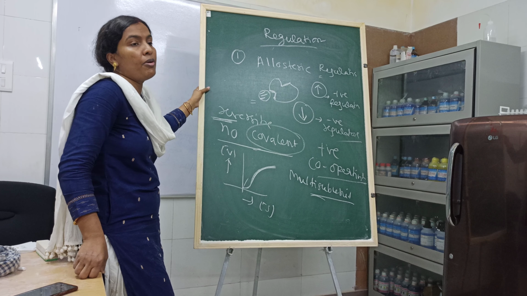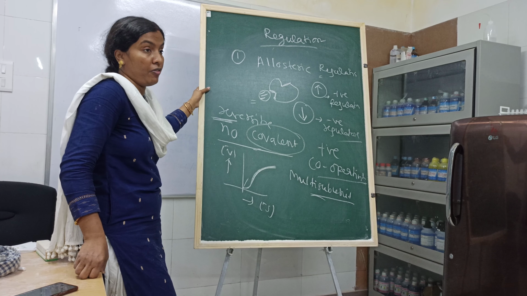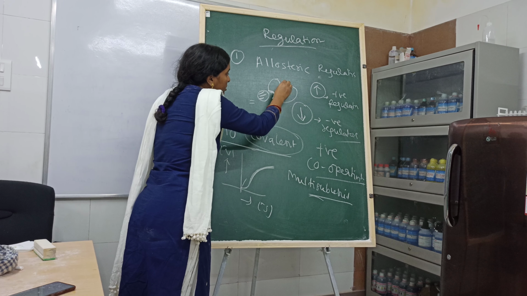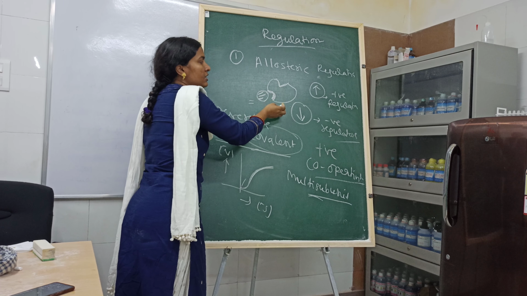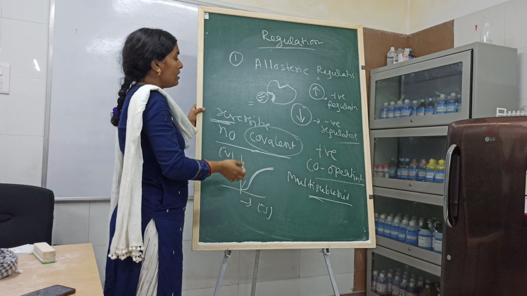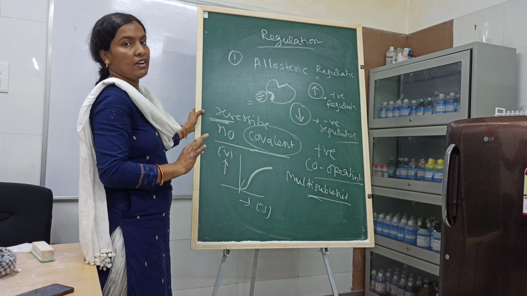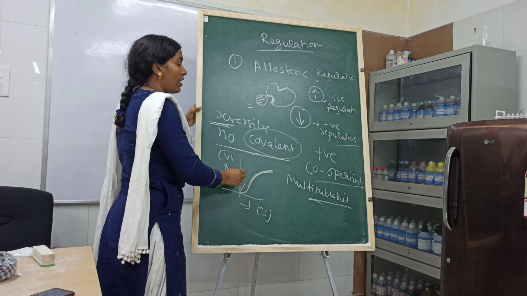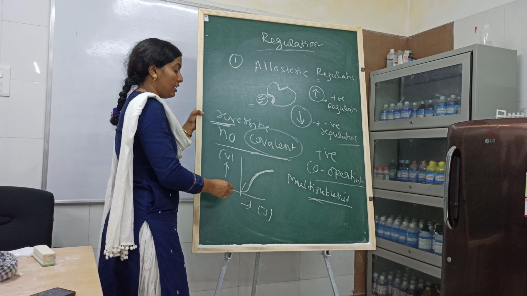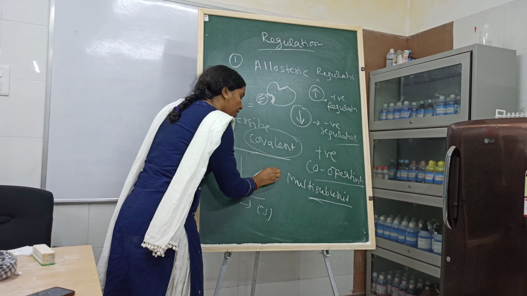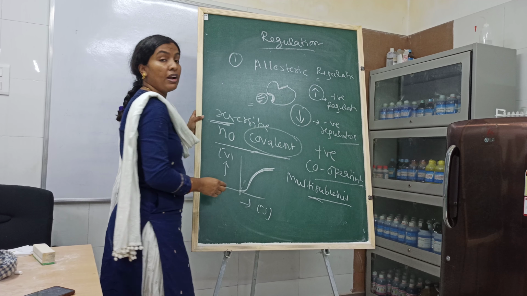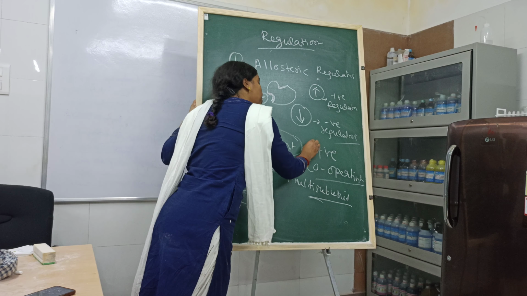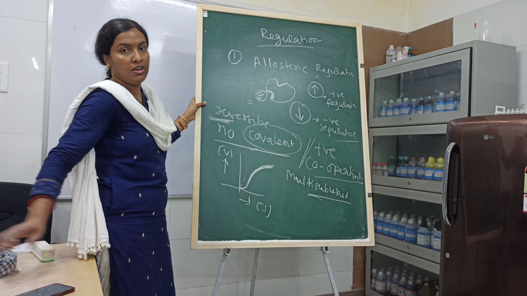They are usually multi-subunit. They do not bind at the active site; they bind at another site. This site may or may not be adjacent, and they can increase or decrease the rate. The enzymes which follow this regulation are called allosteric enzymes. This type of enzyme does not show Michaelis-Menten kinetics; rather, they show a sigmoid curve. They are usually multi-subunit, follow the quaternary structure of protein, and show the specific property called positive cooperativity.